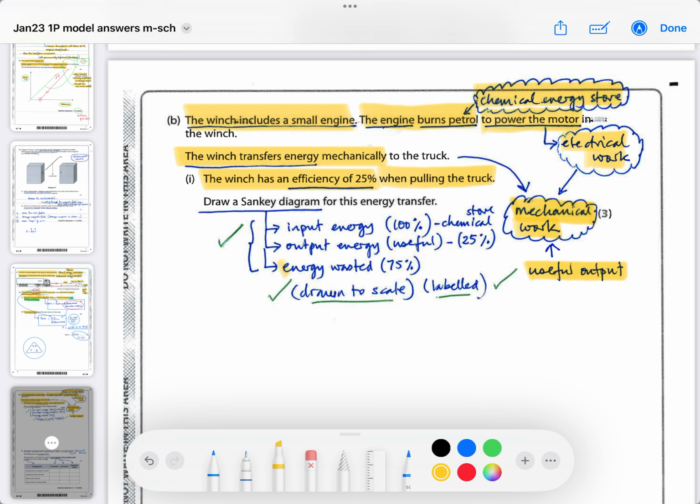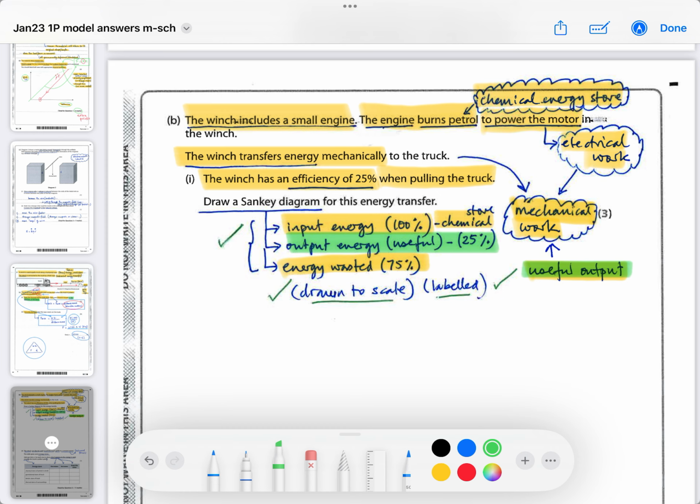That means 75% will be wasted. Of what? 75% of the energy input, which was chemical. So your input energy was chemical, 100% came from the chemical burning of the petrol, and the useful part, I'm going to put it in green, the useful output, the mechanical work, was